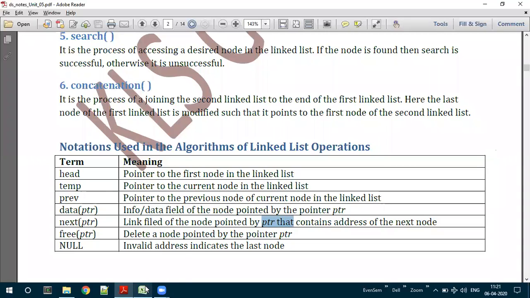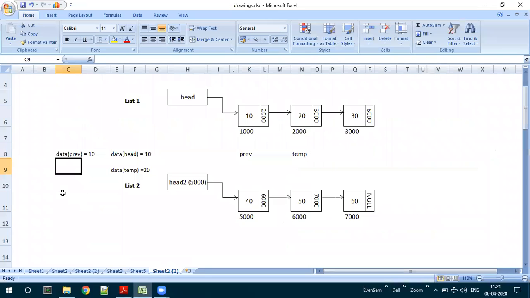Suppose I write next of head. Head is pointing to 1000. Next of head means the next field of this 1000 node, which is a link field. It is 2000. So next of head is going to be 2000.